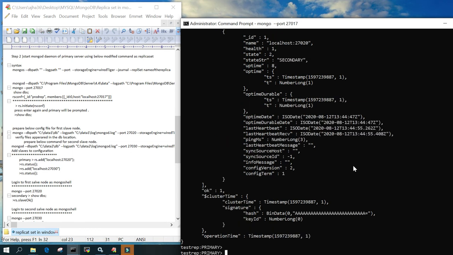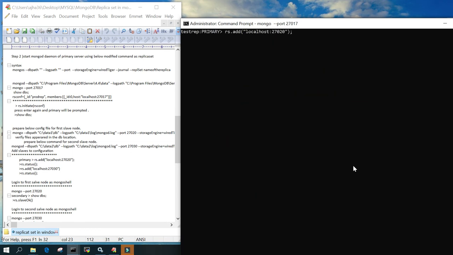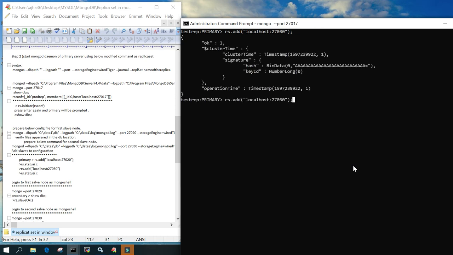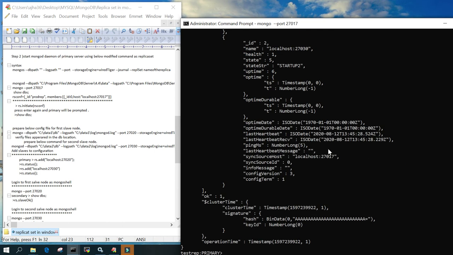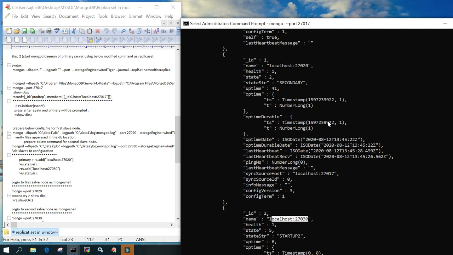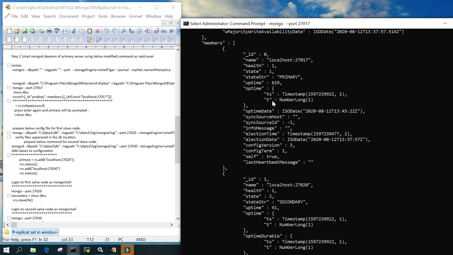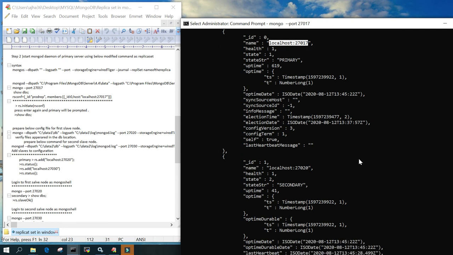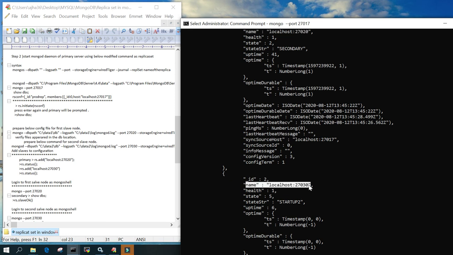Now we will add the last one in this series, localhost 27030. So just remember that before you initiate this, add this, the data should be available. Just add this as well, and once it is added, we'll say rs.status, and you can see that the third node is also added. So _id 2 with the port number 27030, and this is 27017. This is the primary. This is first secondary. This is second secondary,